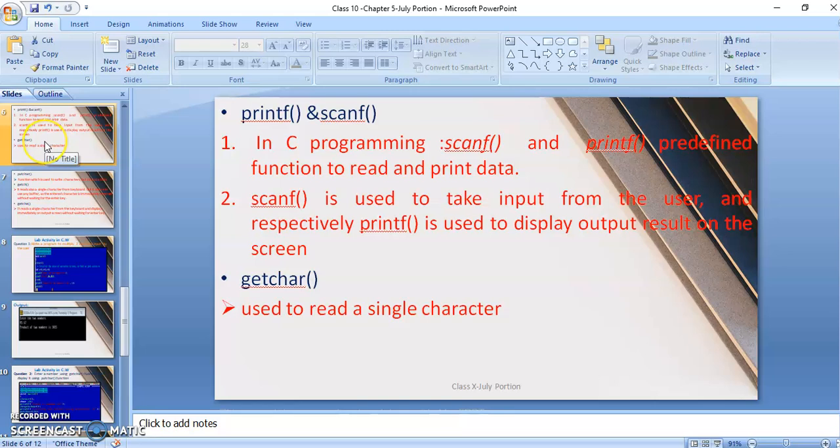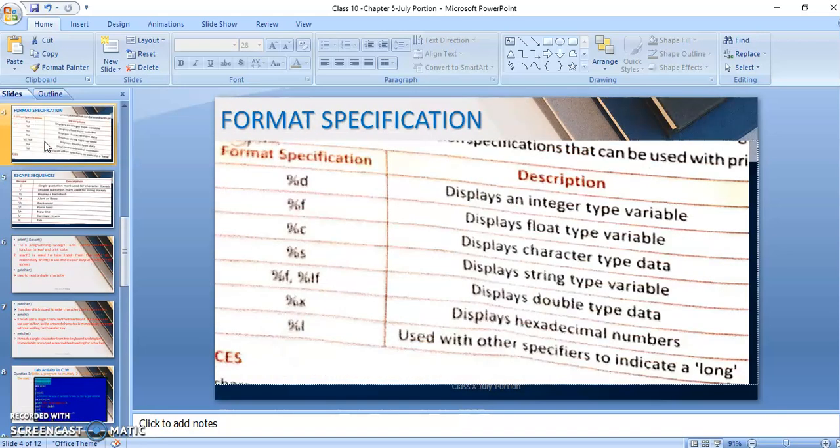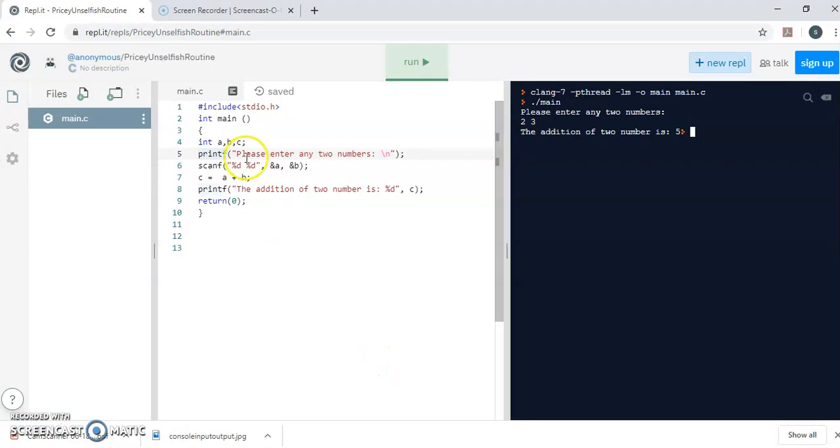Now I will explain format specifications. If you have noticed in this program, did you see this %d? %d informs the computer that the value that should be stored or displayed will be integer type.